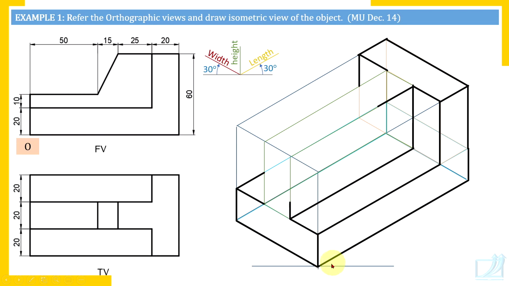What you are going to do? Set roller with the length axis. Roll it up to this point and draw that line. And once you get this end of 50 millimeter long edge and this end of 25 millimeter long edge, just join the ends of principal edges to get this non-principal edge.